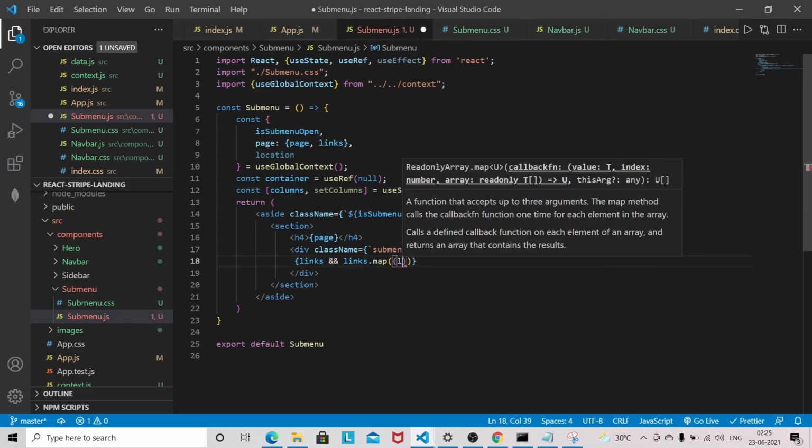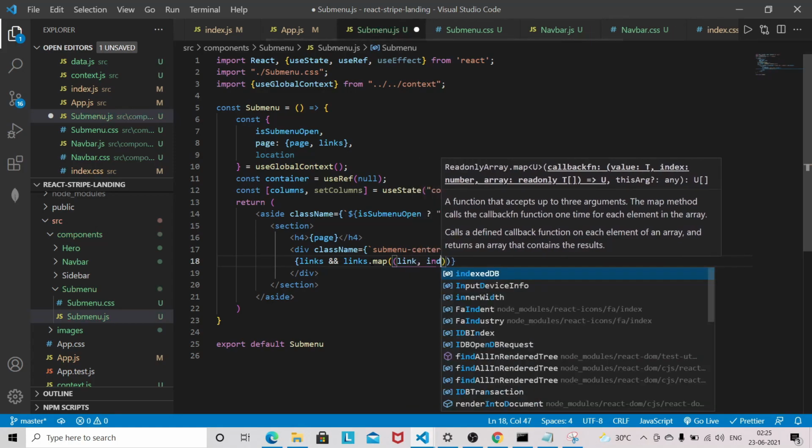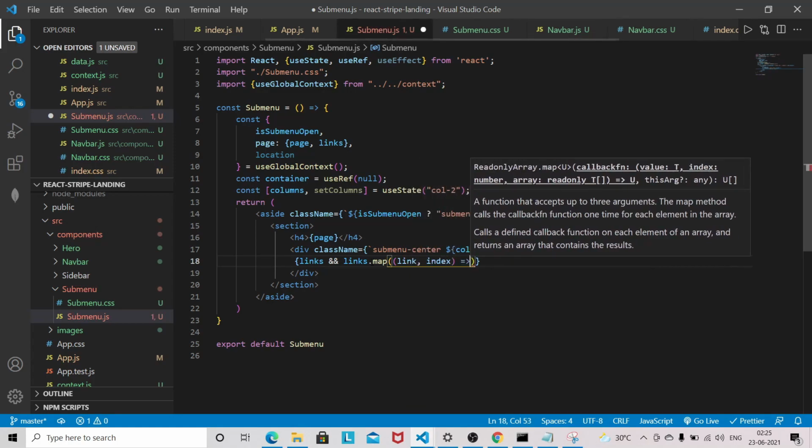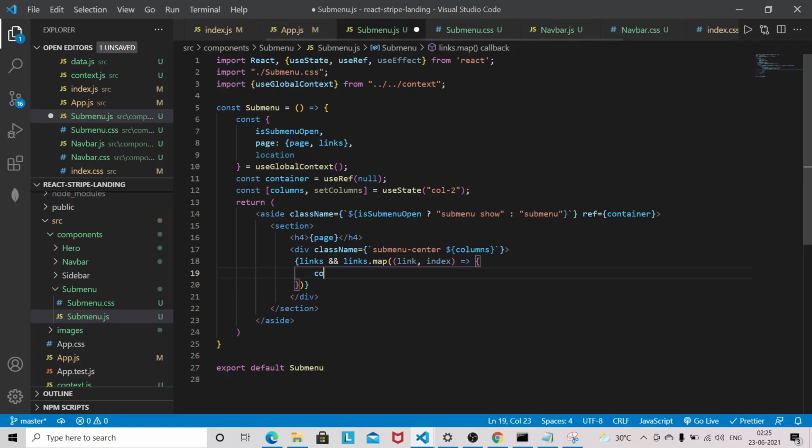and I'll be having link and index, and I'm going to destructure from the link, that is URL, icon, and label, and I'm going to return.